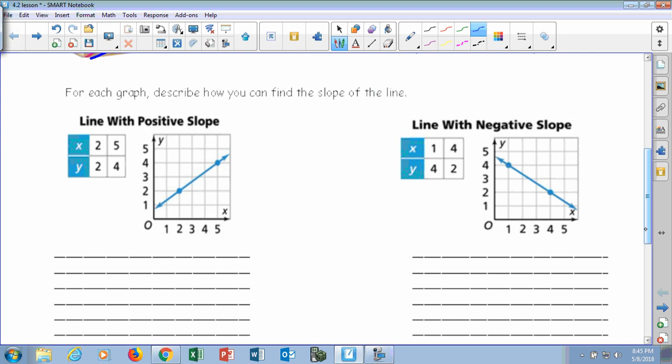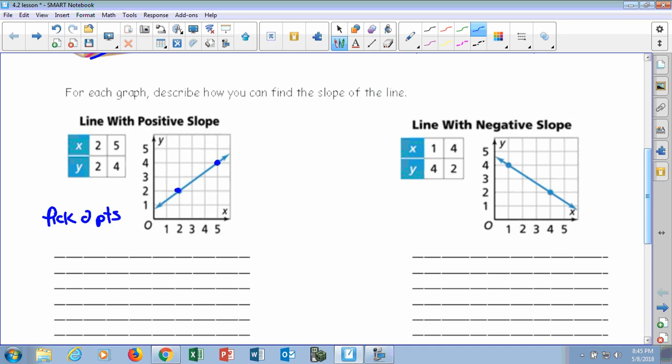First we're going to start with the graphs. So describe how you can find the slope of a line using a graph. We can do something here. So we got this line graphed. We got 2 points. The point 2, 2, which is right here, and 5, 4, which is right there. So what we can do is pick 2 points,